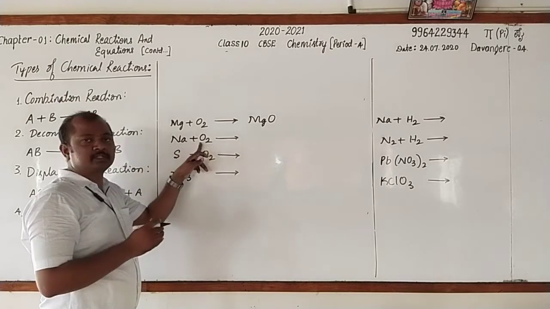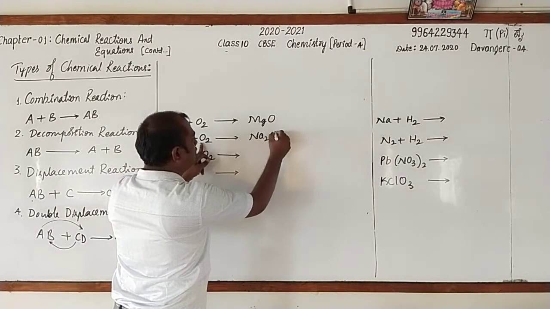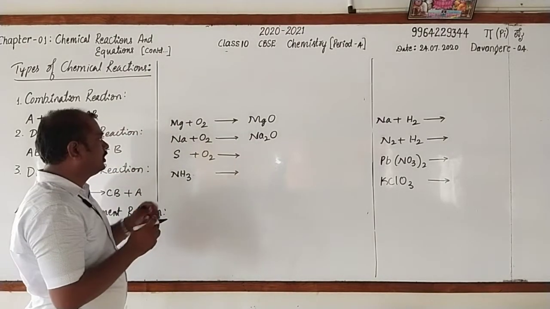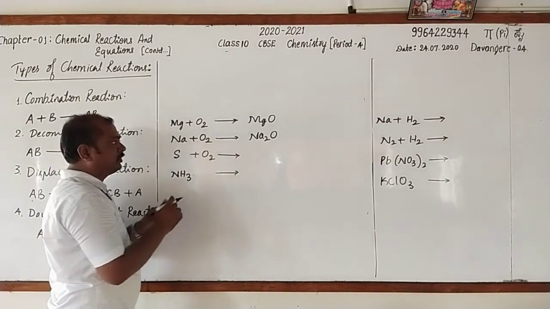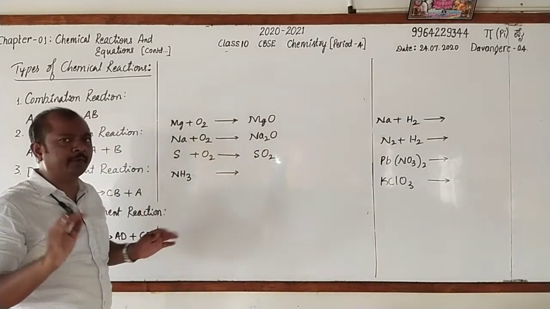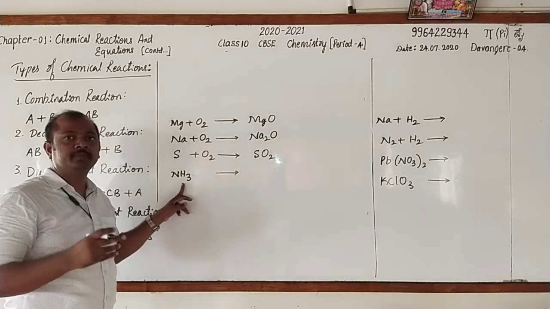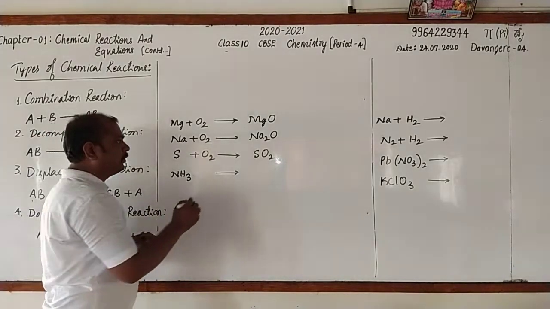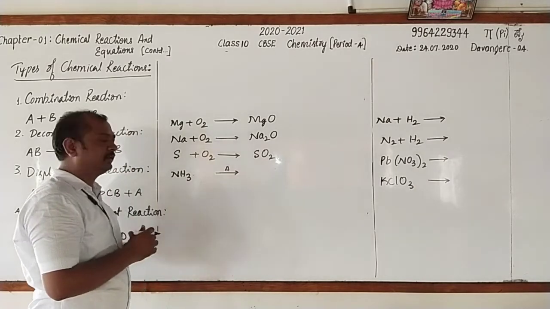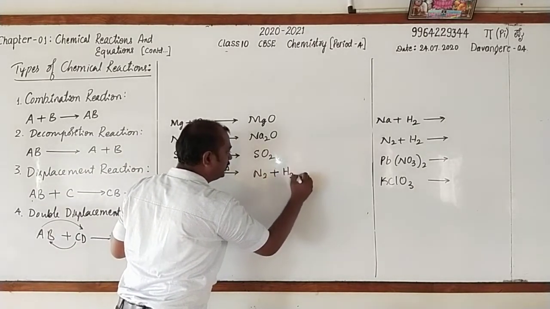When sodium reacts with oxygen, you will get sodium oxide, Na2O. Then when sulfur reacts with oxygen, sulfur dioxide is formed. All are very familiar to us. Then NH3, what do you name this compound? It is ammonia. What happens when ammonia is heated? Yes, you are right. You will get nitrogen, and hydrogen gas is